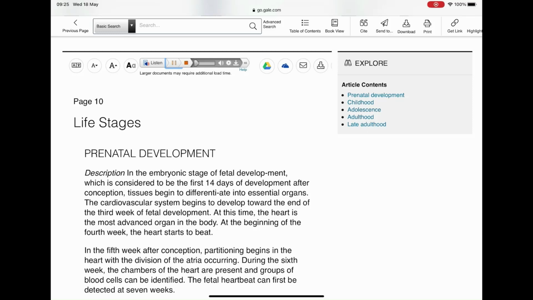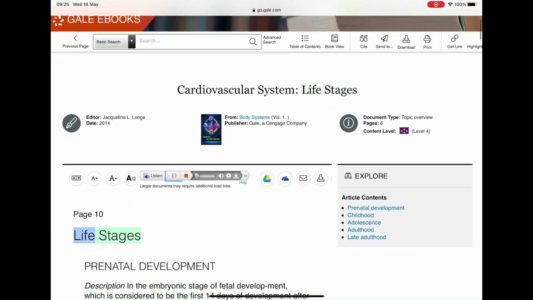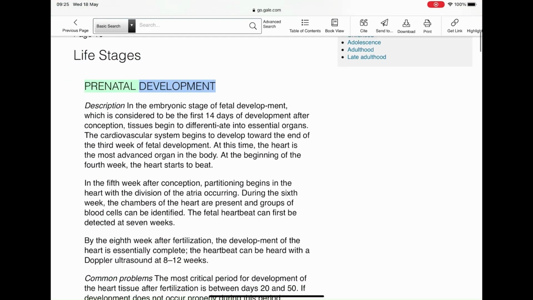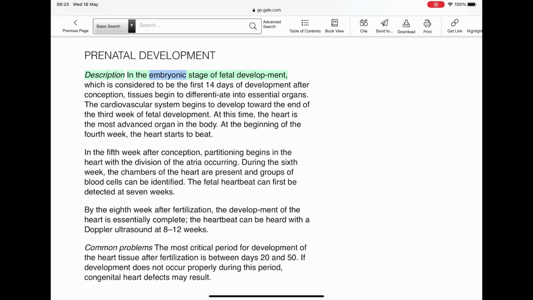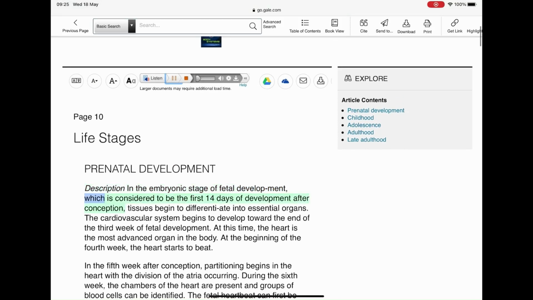Cardiovascular system, life stages. Prenatal development. Description in the embryonic stage of fetal development, which is considered to be